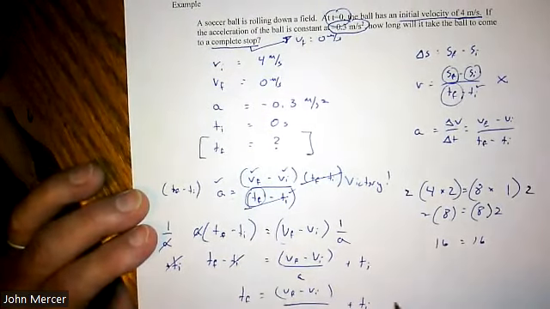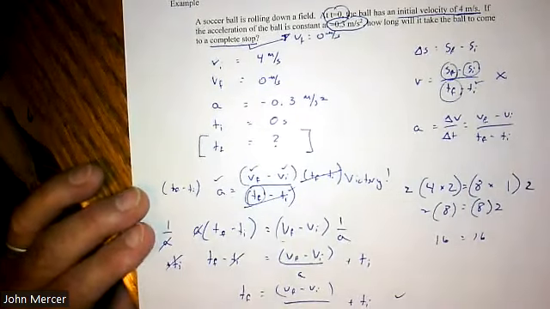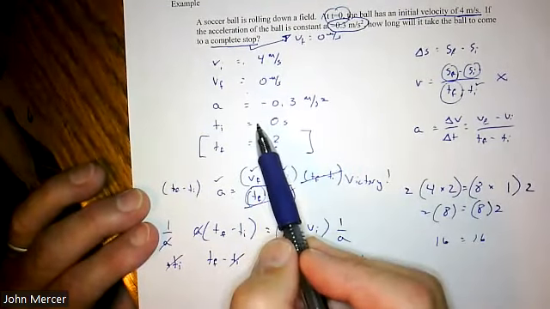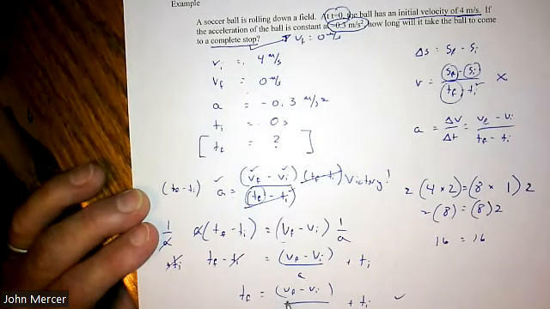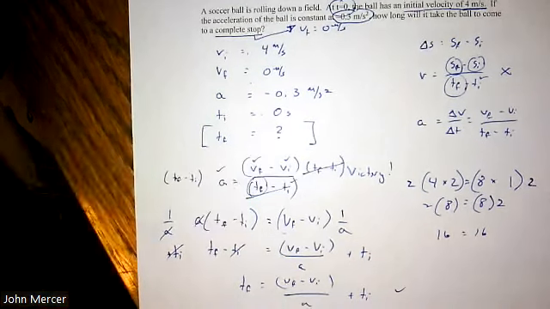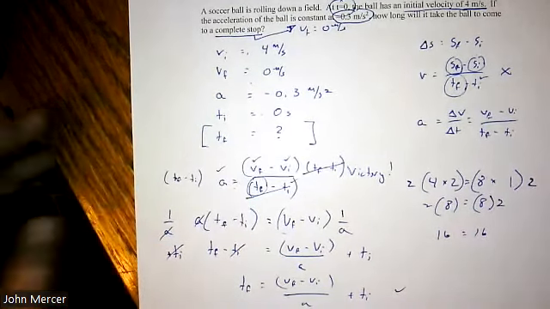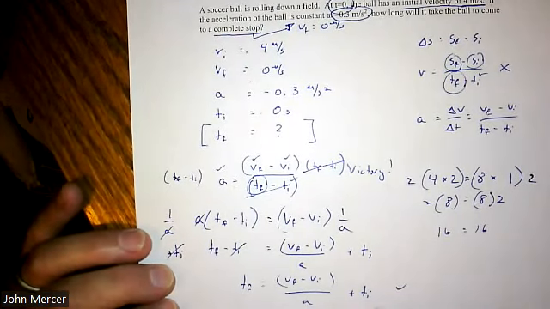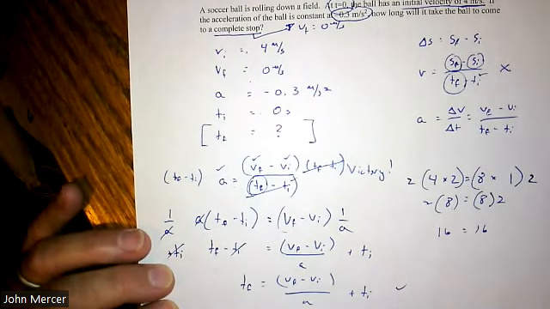And now I can really claim victory, because all my parameters that I know are on this side of the equality sign, and the one parameter I don't know is on the left side. It doesn't matter right or left, but typically we put the unknown on the left side of that equality sign. So now it's just a matter of putting numbers in. And again, this is another level of victory that I was able to do the algebra to get to this stage. All right, so now we would do TF equals final velocity, 0 meters per second,